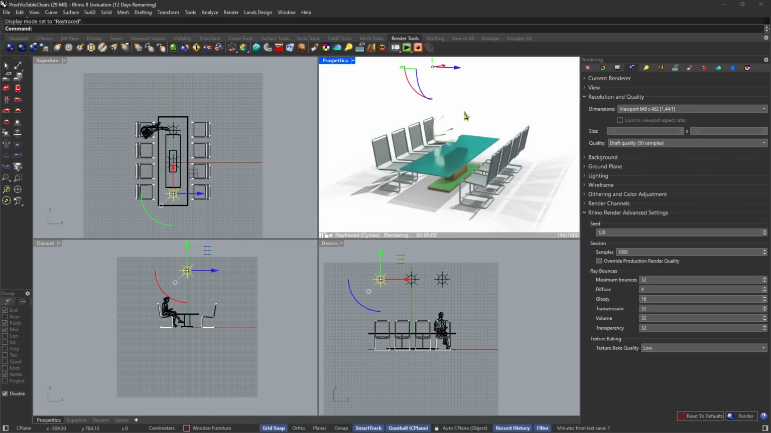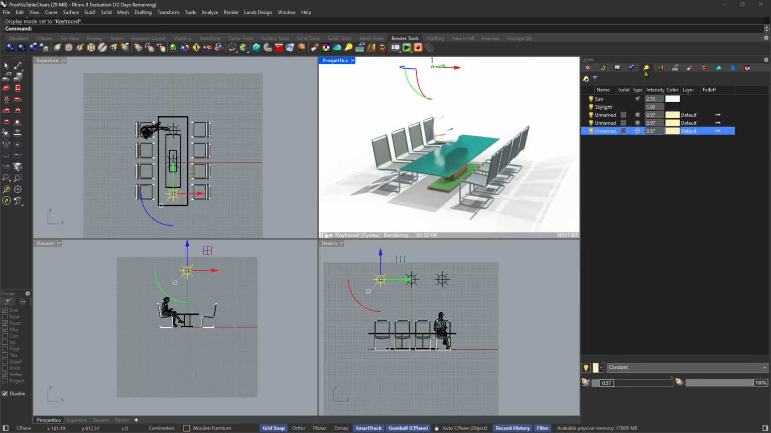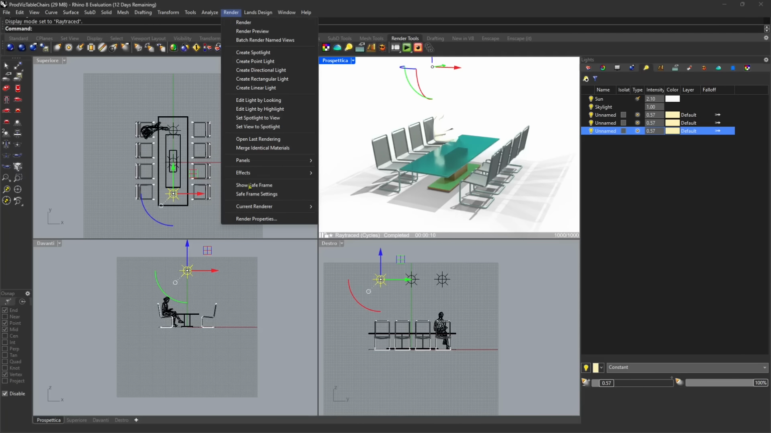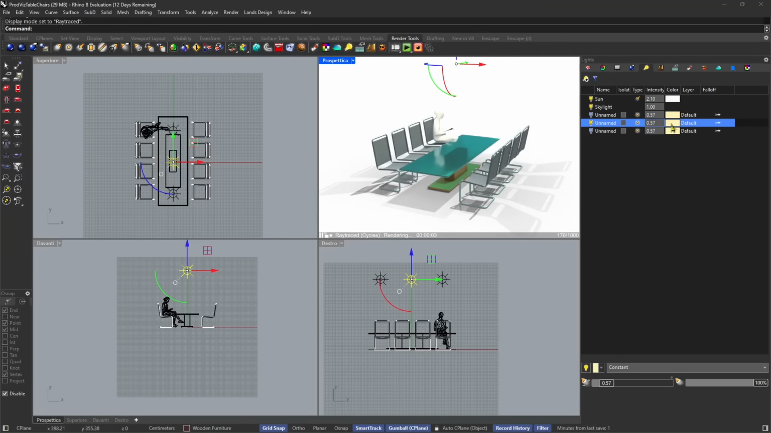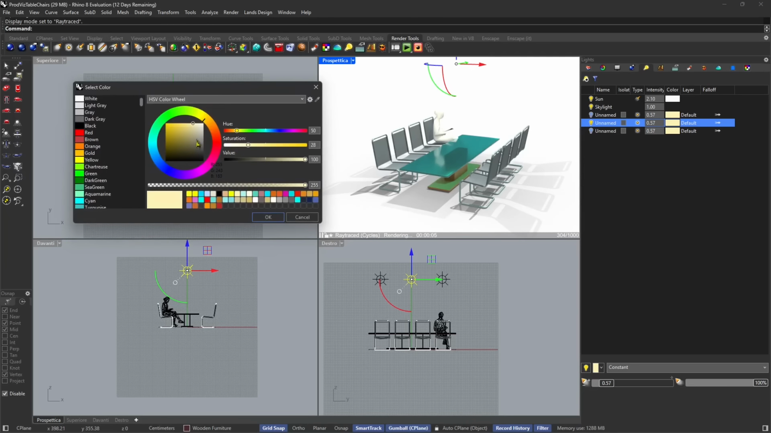Now the lights are probably too strong here. So to manage the lights, I'm going to go into the lights panel, and you can open these panels again by going to the render menu, and you find everything here. So the creation of lights and the various panels are here, and later on we will see also some effects and things like that. Here I can turn on and off the various lights. I can change the color, the intensity,